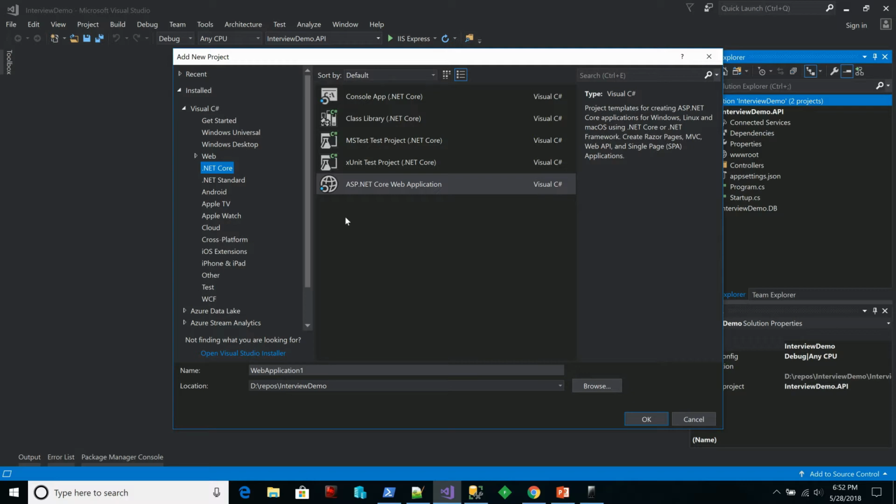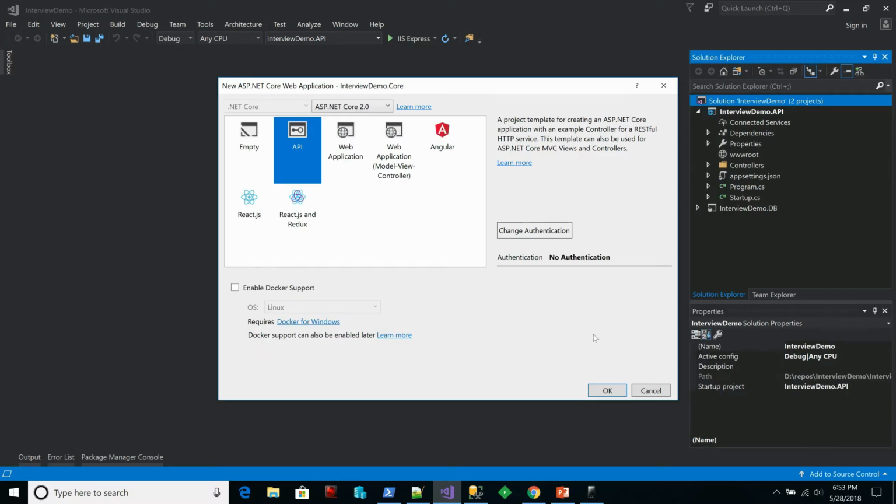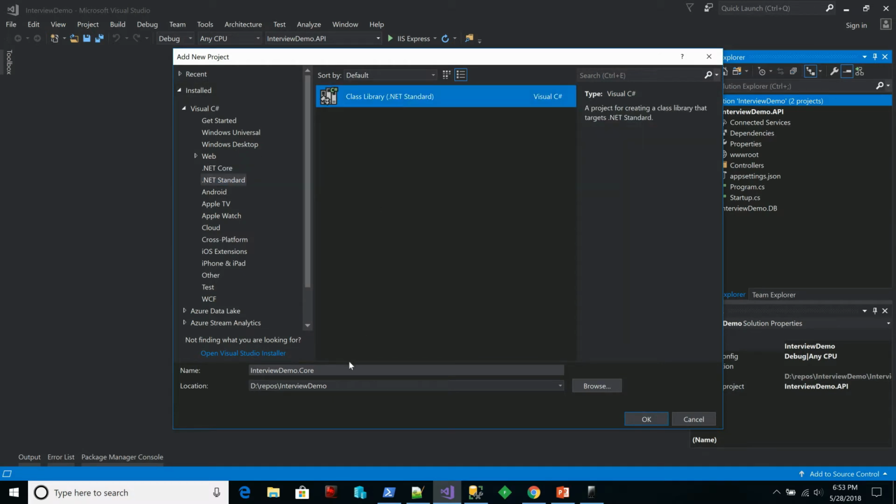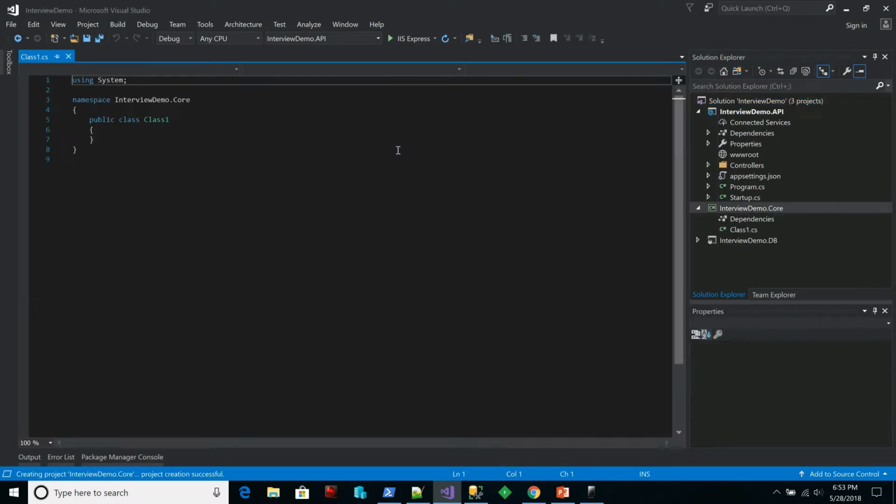Normally, I would create classes or models for my API. I wouldn't typically use the database model as the model for my API, but because this is such a simple example, I can get away with that. Interview demo, I'm going to call it core because this is core functionality. Actually, that was the wrong thing. .NET Standard. Okay, so